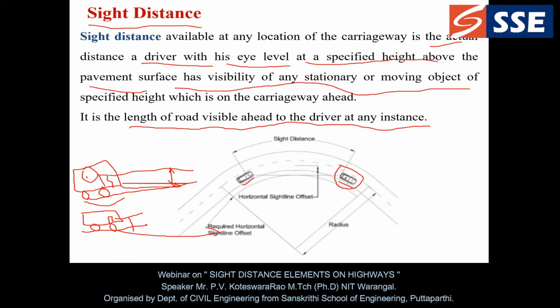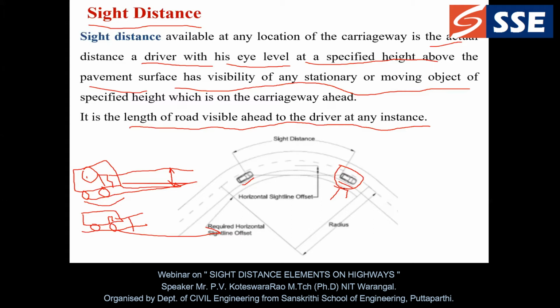Then in that case, what do we need to do and what are the different practical constraints here? In general, when you are traveling on a state highway or a district highway, there may be a possibility of animals crossing. Then the animal's height may not be the same as that of your eye line of sight. Then there may be a problem for us to identify such animals, especially dogs or any other such small animal. Then the time required for us to assess the condition may be high.